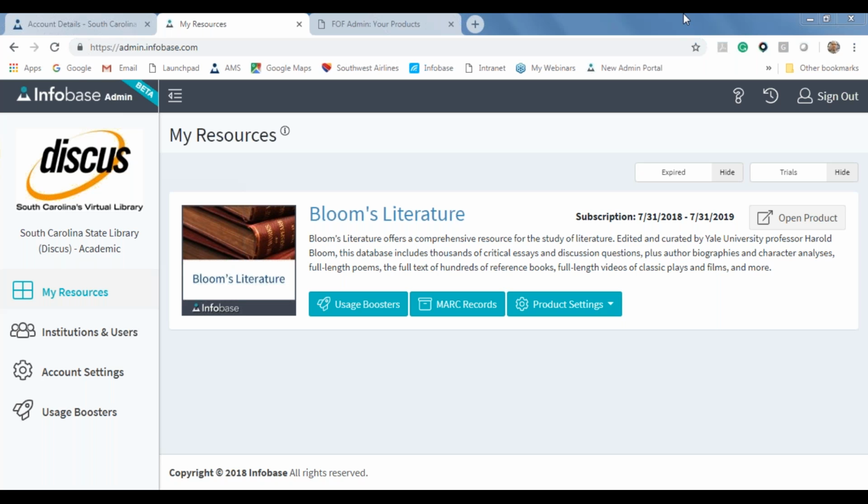Today is going to be just a bit interesting because the original thought was that we would have the current version, which is what you're seeing up on the screen here, the current version of the Infobase Admin portal, which is our brand new, up and coming universal admin portal page for all admin users of all of our resources from Infobase. We thought we were going to have that completely fully up and running by now. So they have delayed the full launch just by a little bit because there are some